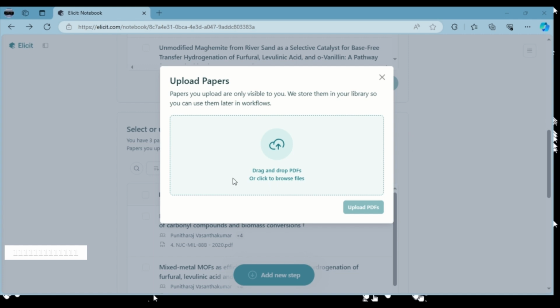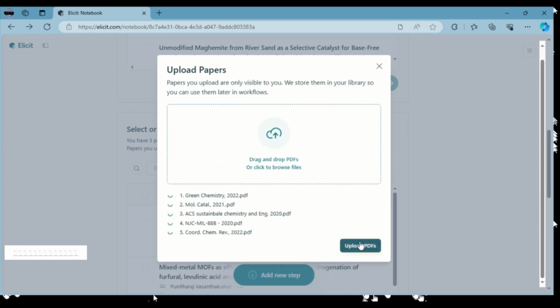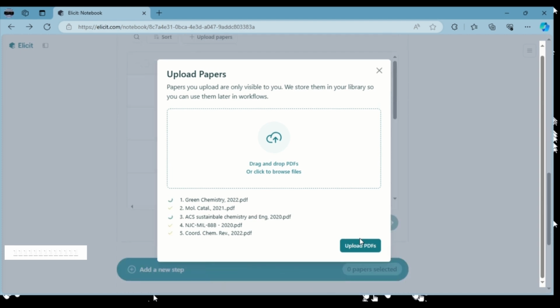I think I'll cancel it and do it again. So now we can click here, and then you can select the folder in which you have a paper, and you can also upload multiple papers, not just one. So now I have selected 5 papers and am creating an upload. It will upload. Now these PDFs will be one search result where you can interact with the PDF dynamically,